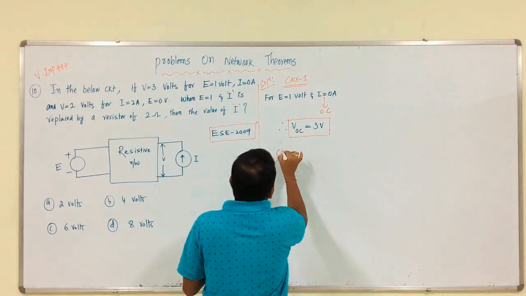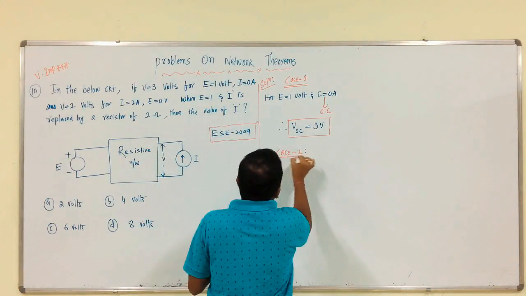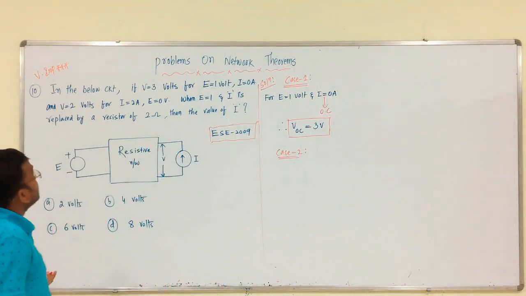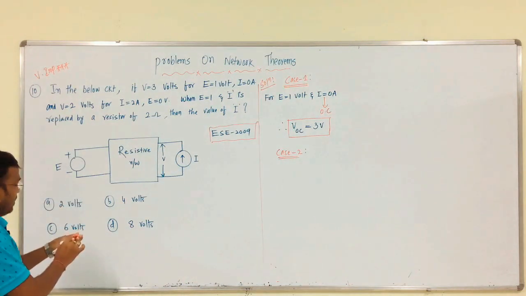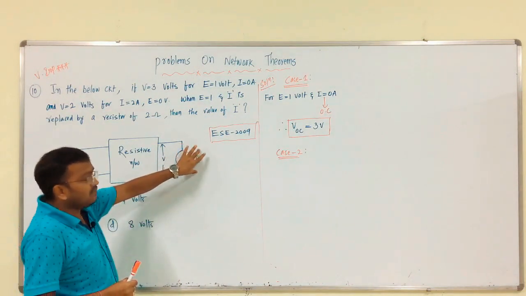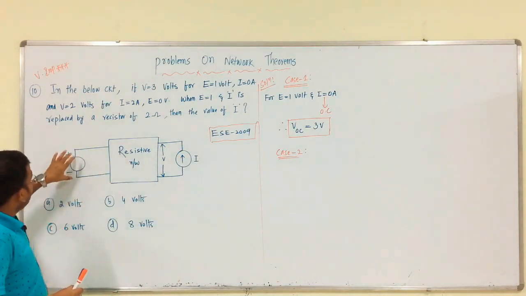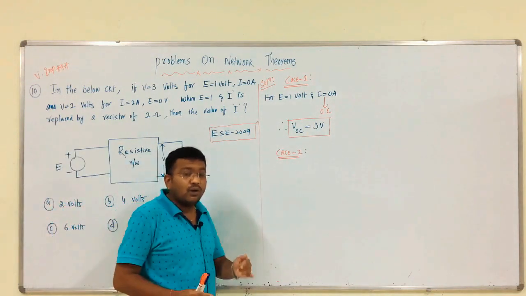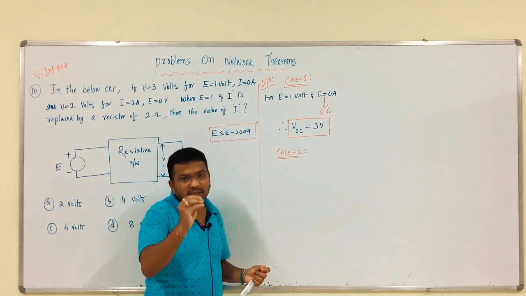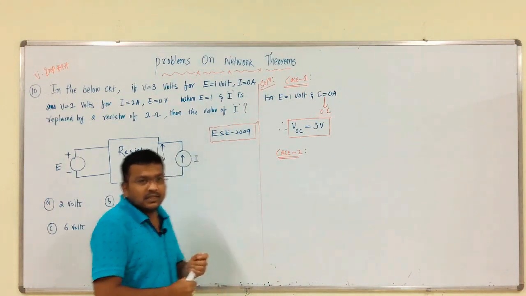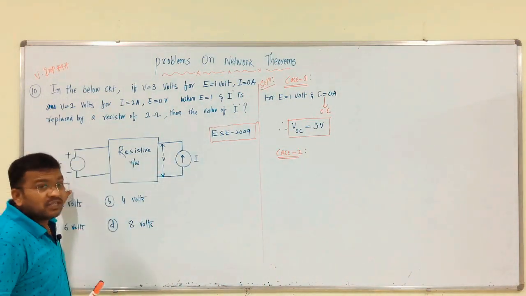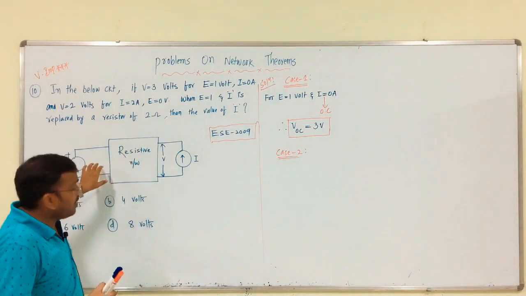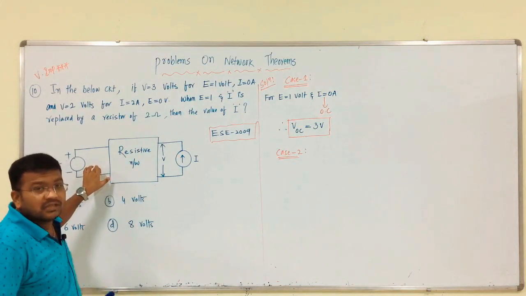Like that, case 2. This is case 1. Case 2 is what? When I is equal to 2 amps and E is equal to 0 volts. See, here I is some value of current we have, but coming to this source, it is short circuited. In order to calculate R equivalent, we have to replace all independent sources by their internal resistances, right. So, here the voltage source is replaced by a short circuit, that is E equal to 0 means short circuit, right. For what? To calculate RTH, that is the meaning.